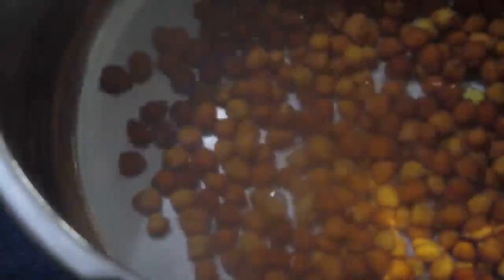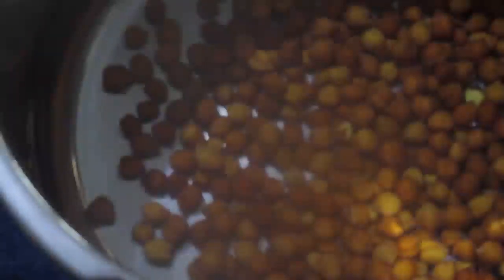The ingredients are around 150 grams of chickpea soaked in water for around 6 to 8 hours. Take around 300 ml of water, put in the chickpea, put in 2 spoons of garam masala, put in salt to taste, mix thoroughly and